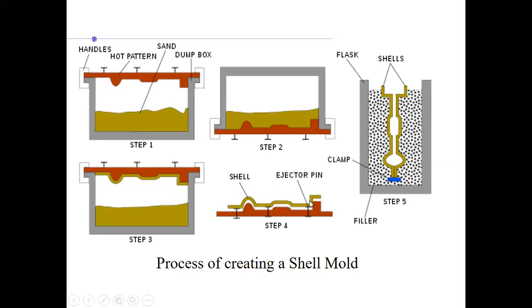So that is removed, and then it will be placed in this setup, wherein you have this filler material that is basically backing sand, you can say, right? It is used to support this shell, right? The molten metal will be poured, right? It will take the shape of this inside shape that you have, right? The inside profile. The molten metal will take the shape of that, and this sand or whatever is the filler material will try to back it, support that shell so that it doesn't break,